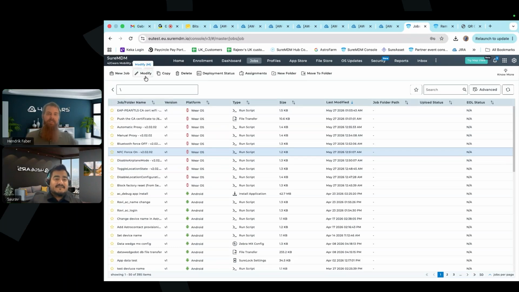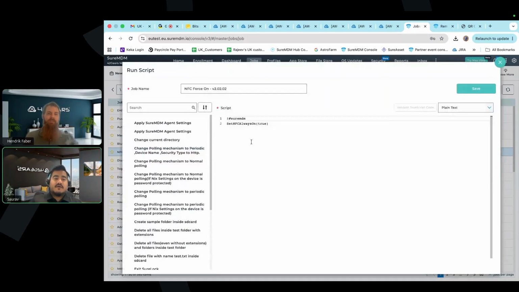Talking about a few more features, we have done NFC force on, and we have scripting for that. Again, all these scripts we will try to get into a UI format once we have all the development done, and after a couple of releases we will put it into a UI format, and then you can toggle these configurations in the UI and send out a job rather than scripting onto the devices. You also have a feature for NFC always on, so for payments and